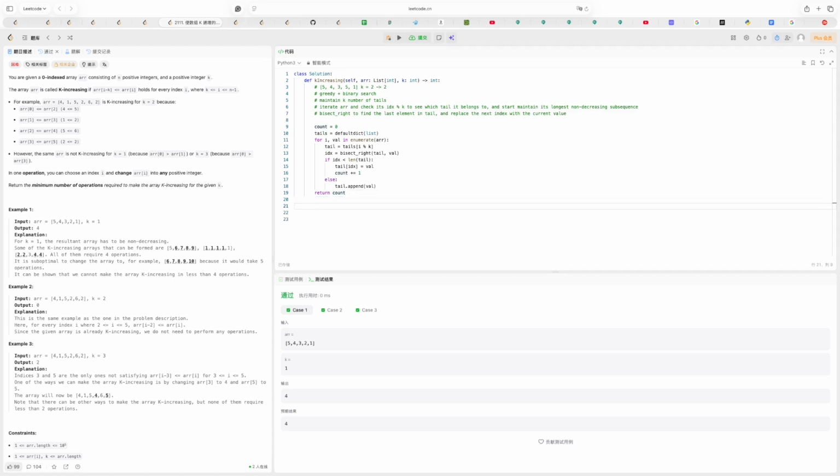Well, we can do it like this. So we'll have a total sum of length, then we'll have i in range